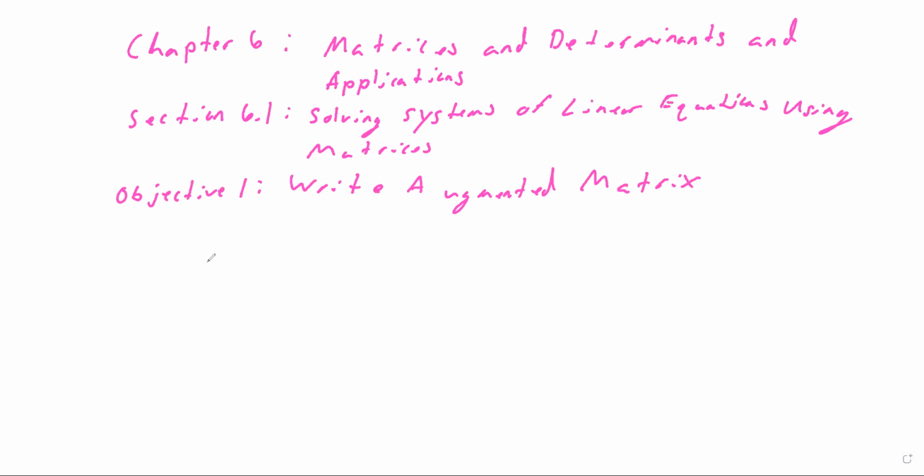Basically what we're going to be doing is trying to get it in the standard form, as if we're about to do the addition elimination method. And then we're basically just going to take all the numbers and put them in what looks to be a bracketed box. So if we look at this first example,